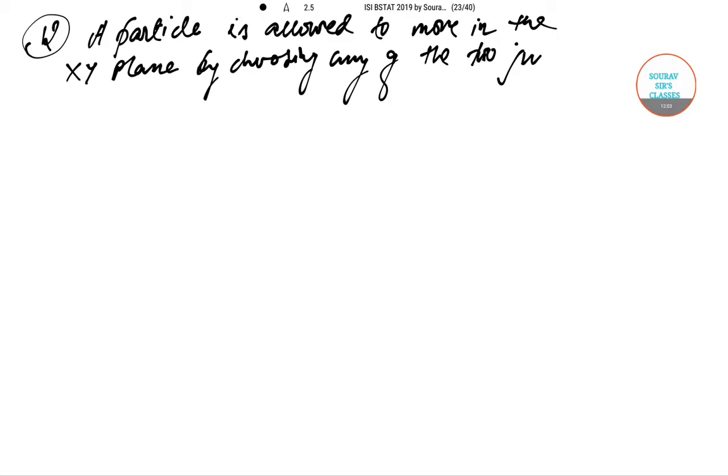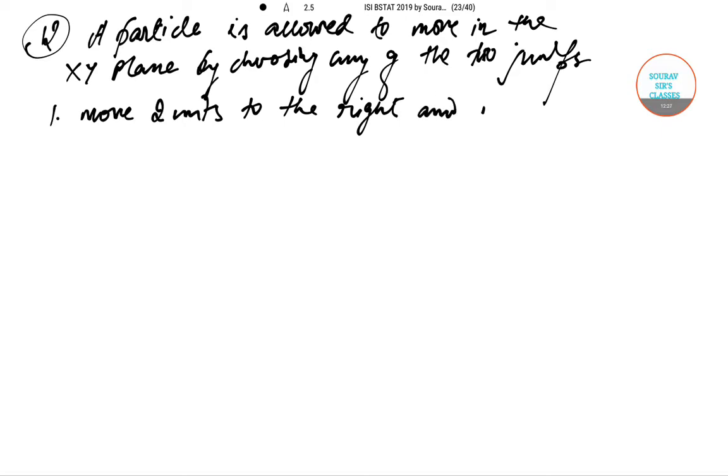The first jump is move 2 units to the right and 1 unit up, that is (a, b) to (a plus 2, b plus 1),